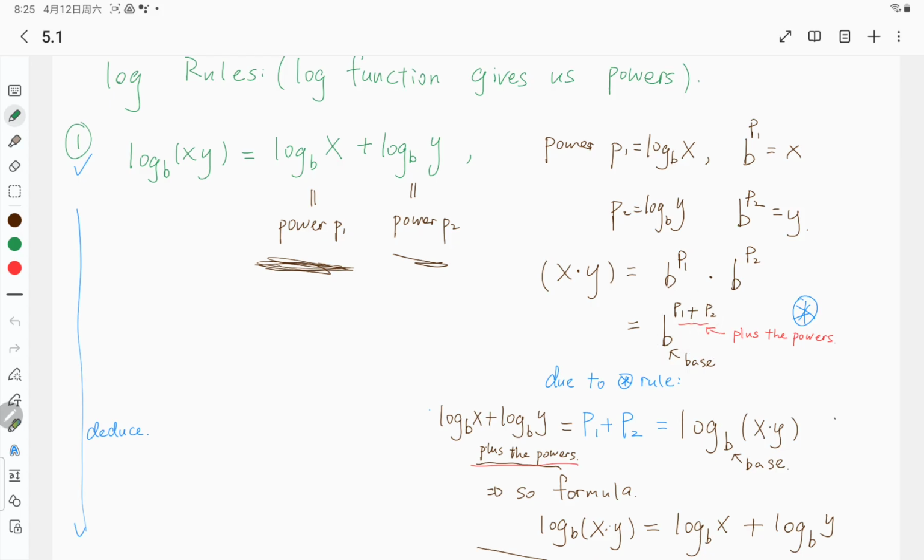We observe that the power p1 plus p2 is actually just log base b of xy, right? So xy is equal to b to the power of p1 plus p2, and by the logarithm definition, it just